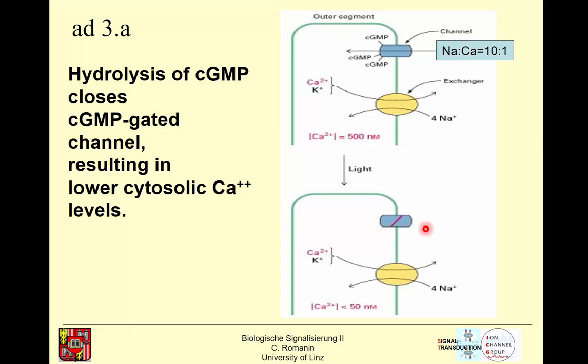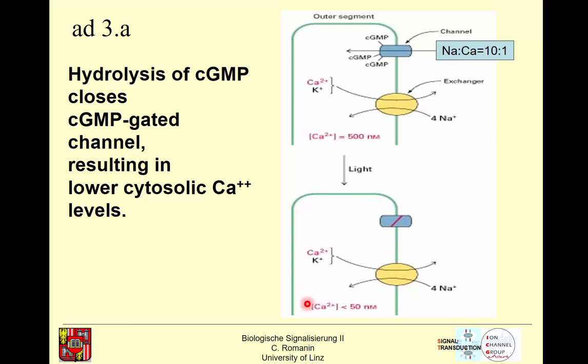Now when these channels close, because cyclic GMP is hydrolyzed and dissociates, this exchanger is going on, and you see it's effectively going on, because what's happening is the calcium concentration now drops down to a very low level. It even drops below to classical resting cell calcium concentrations, which are in the range of about 100 nanomolar. So with this drop in the calcium concentration, now a certain protein comes into play which actually gets active when the calcium